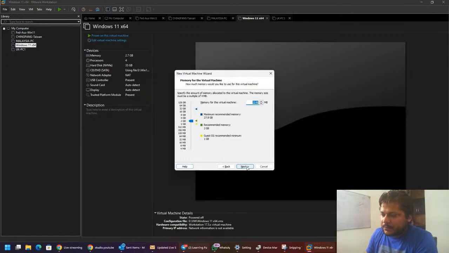Next, click on next and then specify the memory this virtual machine is going to use. Again, this is a shared resource over here, which means this virtual machine is going to use your local hardware RAM. So if you have 8 gigabytes of RAM on your local PC, specify 2 gigabytes for this virtual machine. If you have more than 8 gigabytes, specify 4 gigabytes for this machine. That'll be 4096. You can manually specify that as well.